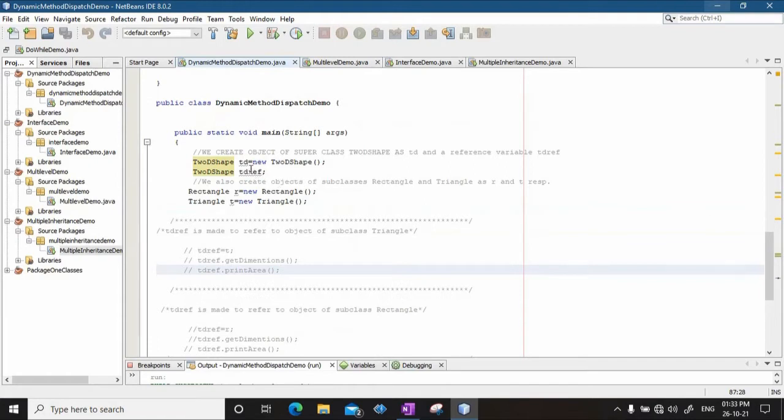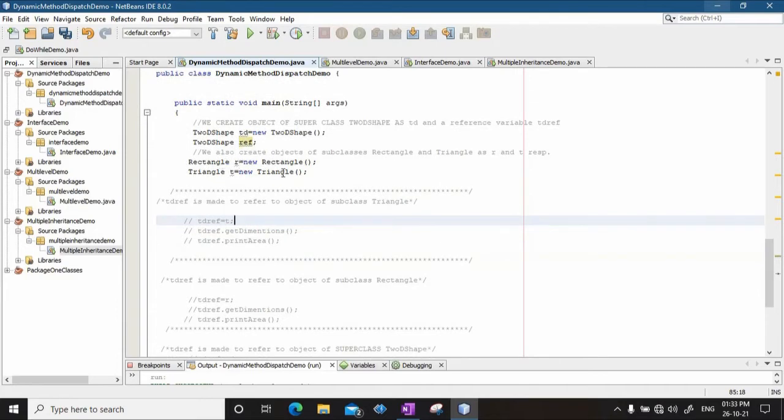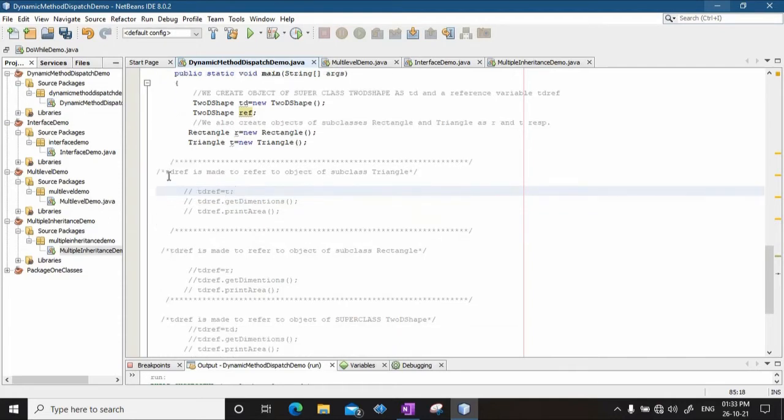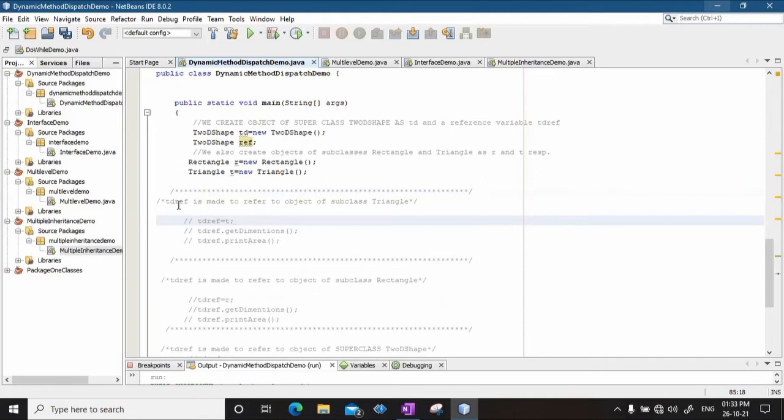In the example that I showed you, I called this reference variable just ref. Here also I will just call it ref. So ref is a reference variable of type 2D shape. TD is a proper object of type 2D shape. R is an object of the rectangle class, which is a subclass, and T is an object of the triangle class, which is also a subclass. Now, first, this ref reference variable, we make it refer to the object